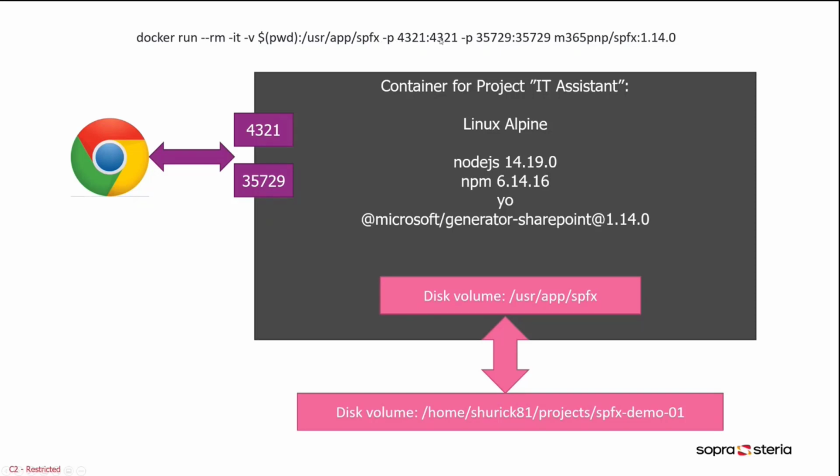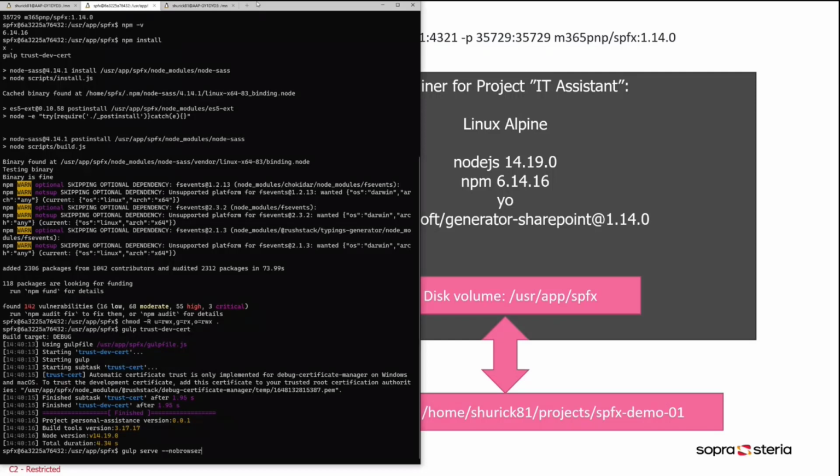And then we say we need to expose 2 ports, which we need for Chrome or a browser to work with. And we need to create this container from this image. I hope you can see it well. The image is the SPFx image that is promoted or offered by the PnP community. So the PnP community is maintaining this Docker image, and we use it. All right, let's get back here.